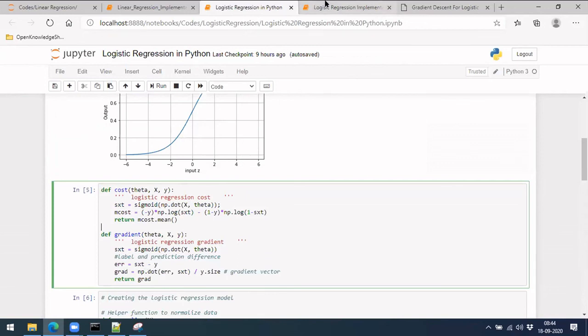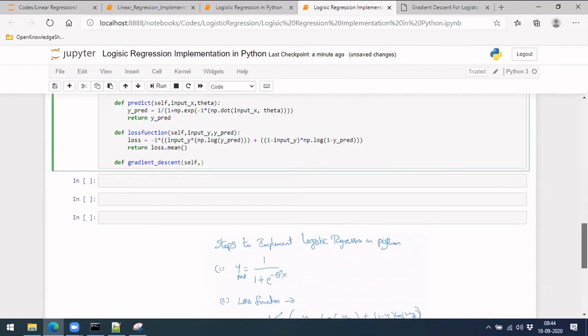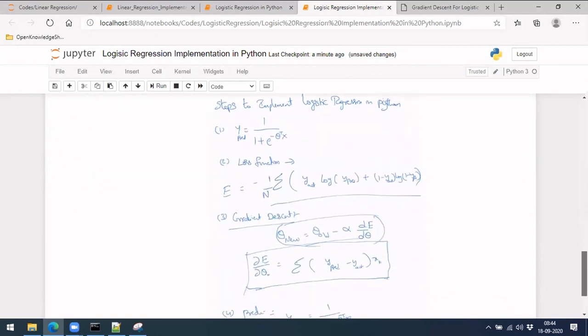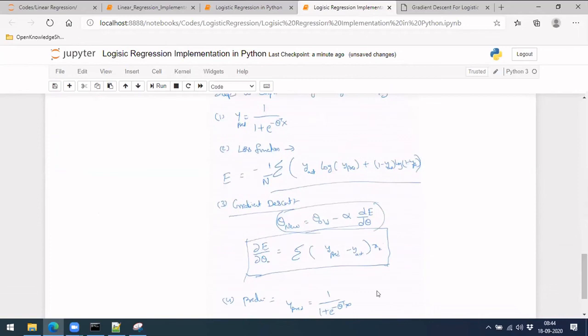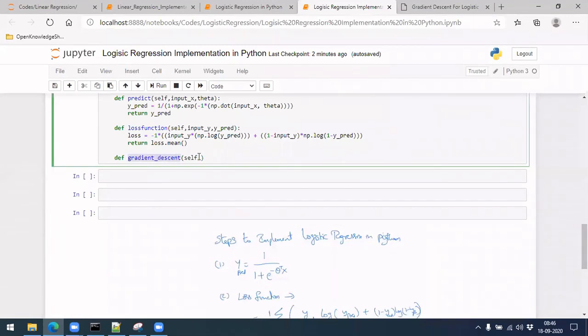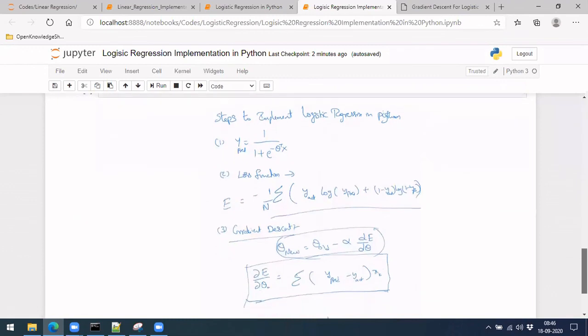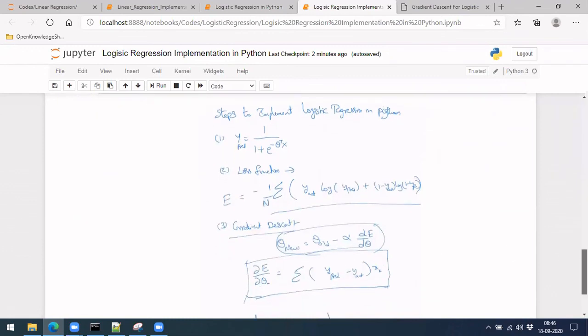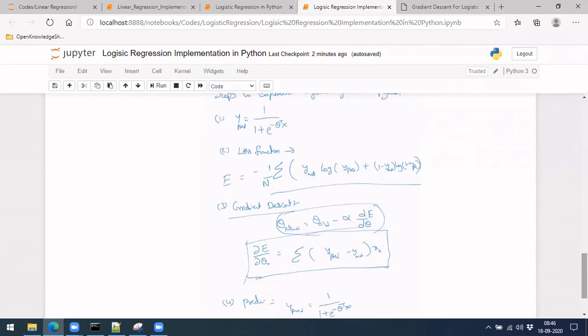So it's the same thing. We are looking at gradient descent now, and what is required for it. It is y prediction, y actual, and the corresponding x, right?